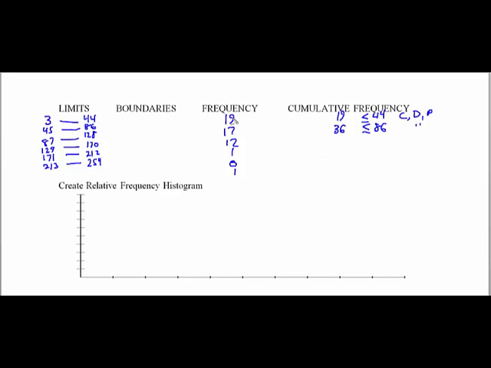Now I keep adding up. I go 19 plus 17 plus 12. That gives me a total of 48. I'm almost at all of my states here. Almost all of my states have less than or equal to 128 counties and divisions and parishes. And I can use these ditto marks throughout if I wanted to. Now I have only one more state, so that would give me 49 have less than or equal to